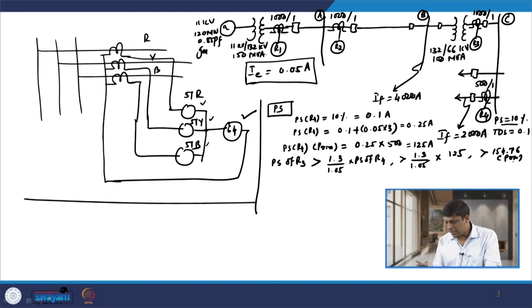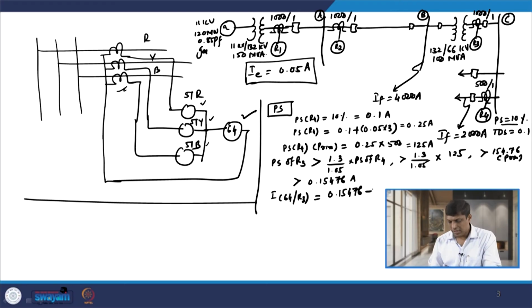If I transfer this current on the secondary side, I have to divide this 154.76 by 1000 ampere. So, we have 0.15476 ampere on the secondary side. Now, this current will flow through here on the secondary side. What is the current through the ground relay 64? The current through ground relay 64, that is I through 64 in case of R3, is given by